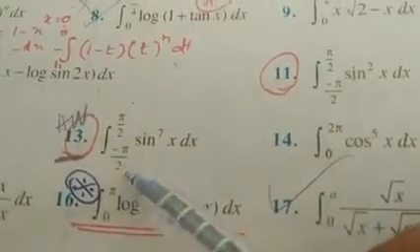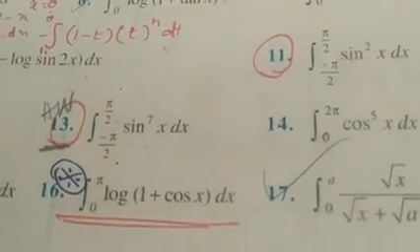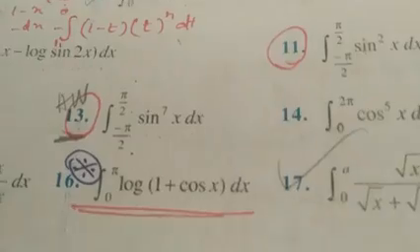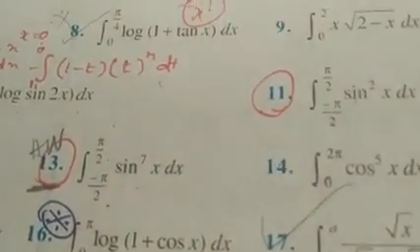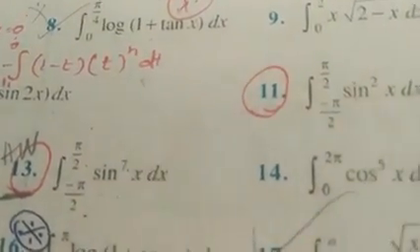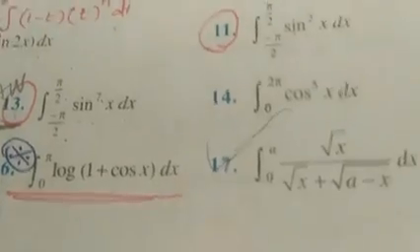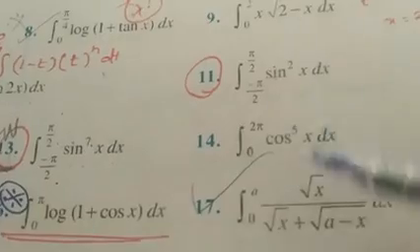It's the integral from minus pi by 2 to pi by 2 of sin power 7x dx. Here the limits are from minus a to a. Then you can apply the odd function or even function property. As I told you, here the power is 7, therefore when you apply f of minus x you will get minus f of x, so it is an odd function, and therefore definitely the answer is 0.